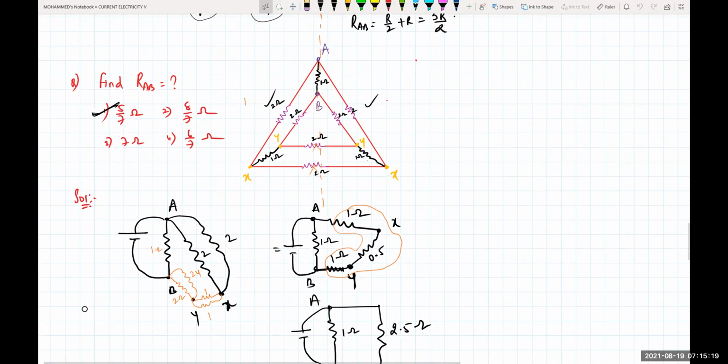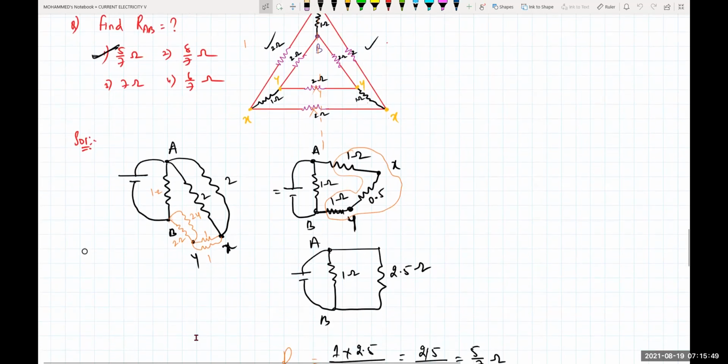And between your X and Y, see, between X and Y there is one resistance, that is nothing but equal to 1. And here between X and Y there is one resistance, so that is your 1. So this 1 and 1 will be parallel, this 2 and 2 will be parallel, this 2 and 2 will also be parallel. So 2 and 2 in parallel is 2 by 2, which is nothing but 1, between A and X. Okay, between Y and X there are 1 and 1 in parallel, 1 by 2, so that will be 0.5. Between B and Y, these 2 are in parallel, so it is 2 by 2, that will be equal to 1.